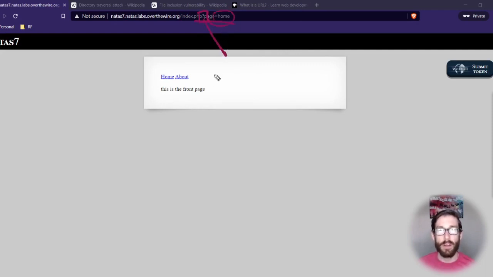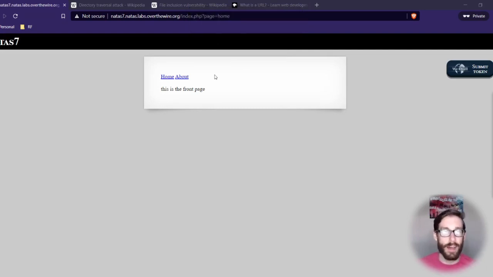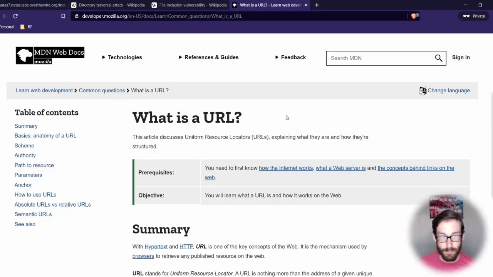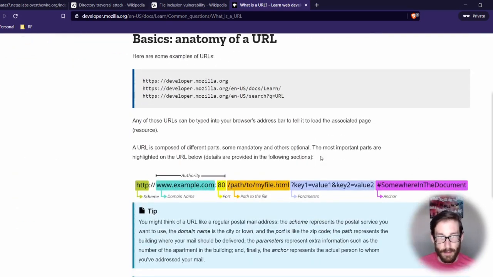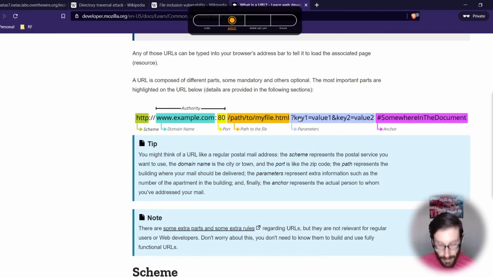The next thing I thought to myself was, okay, what does all this mean? So I started researching specific parts of a URL. What does a URL encompass? What is inside of it? Luckily, the Mozilla team, as usual, has created a beautiful summary, a blog, a guide, and all that stuff. If you come down here, I was reading through the anatomy of a URL, and there's a pretty little image here that states a few things.